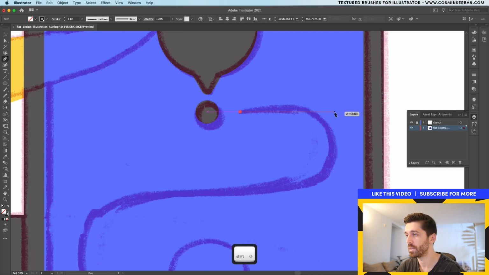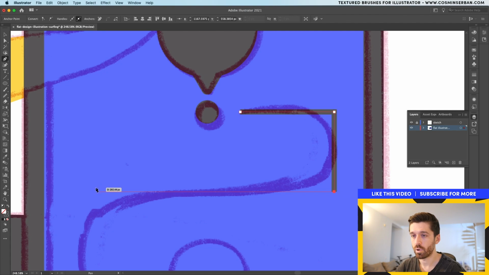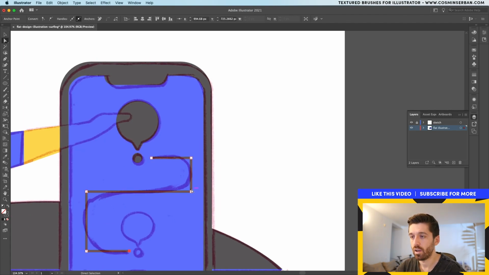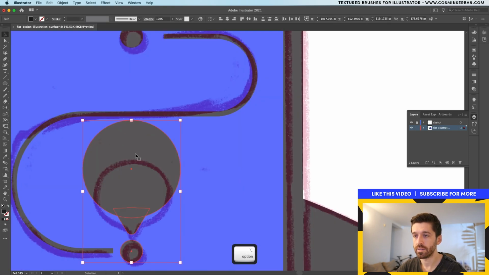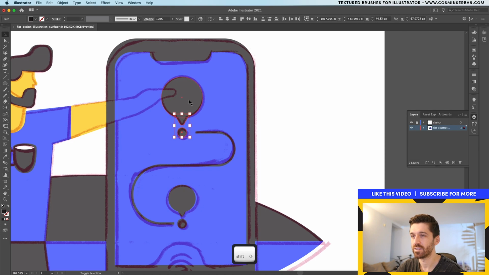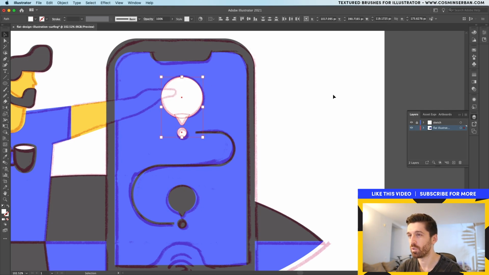I'm holding down Shift to make sure that everything's straight, and I'm going to follow the sketch, and for these ones I'm going to round them off as much as possible, and I'll make a copy of this one, but this particular location will be smaller just because this is the starting point as I imagine it. Let's select this one and actually sample the white because I want it to stand out.